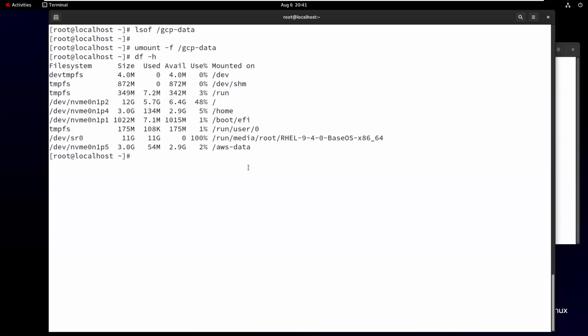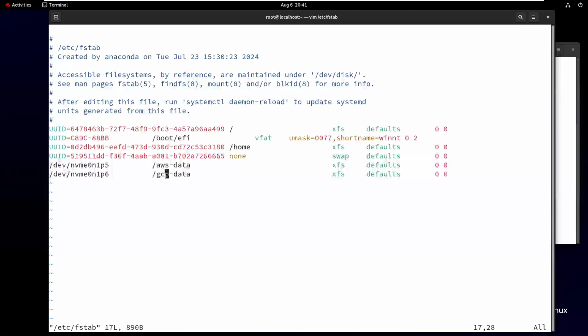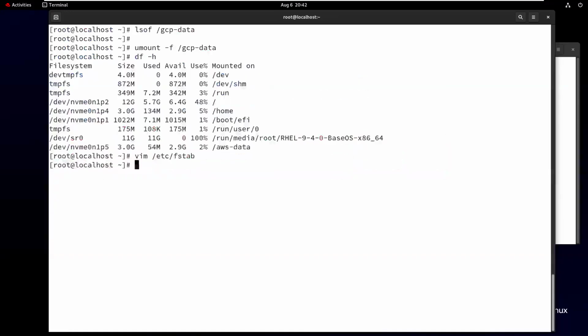If you want to remove it completely, then please remove the entries in the /etc/fstab file also, if you want to unmount it permanently. Don't unmount only; don't keep just the unmount. Go to the /etc/fstab file and remove the entries related to GCP data. Otherwise, keep it as a single-line comment. In case in future you may want to use this mount point, then simply delete your entry. After deleting the entry, save it and run the command